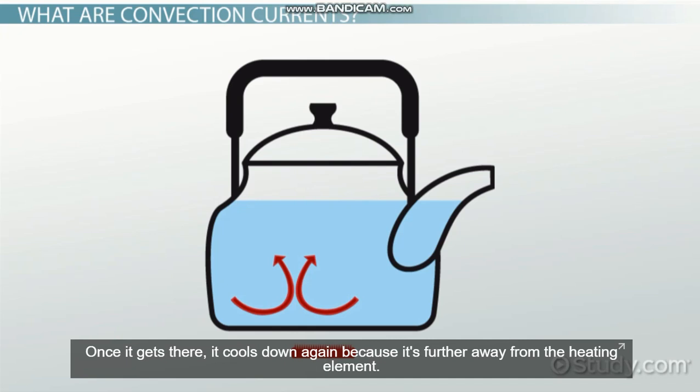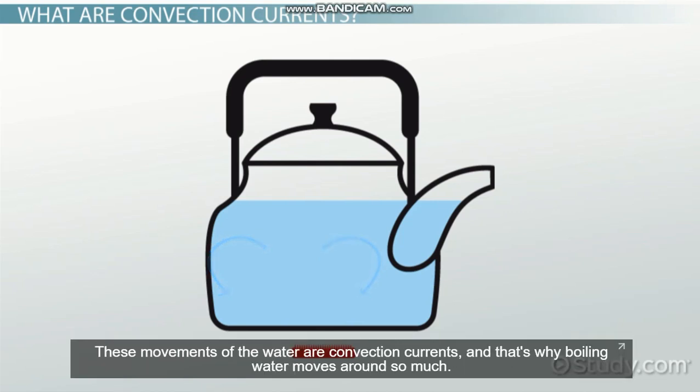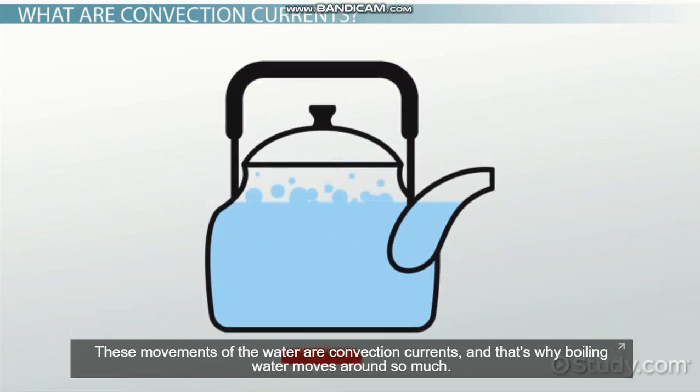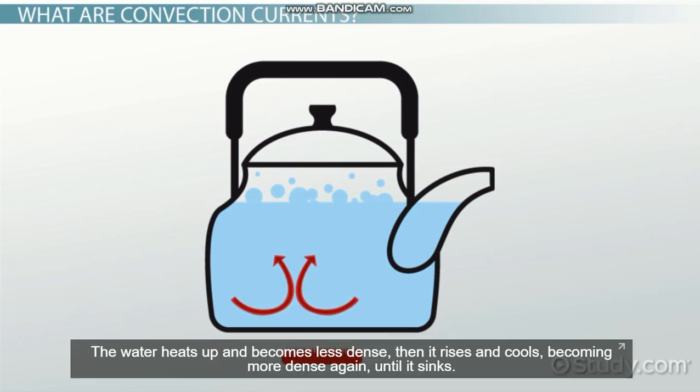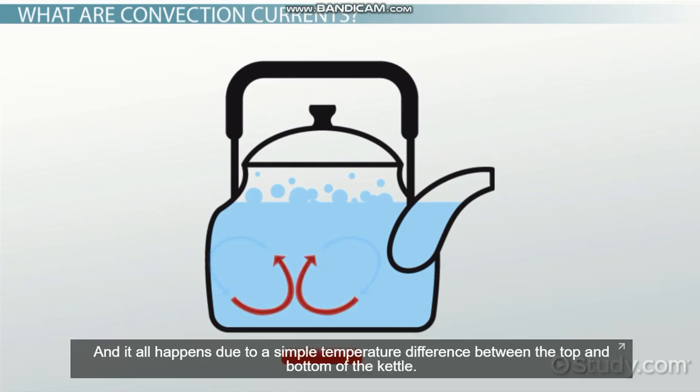Once it gets there, it cools down again because it's further away from the heating element. This causes it to become denser and sink. These movements of the water are convection currents, and that's why boiling water moves around so much. The water heats up and becomes less dense, then it rises and cools, becoming denser again until it sinks. This process repeats over and over, and it all happens due to a simple temperature difference between the top and